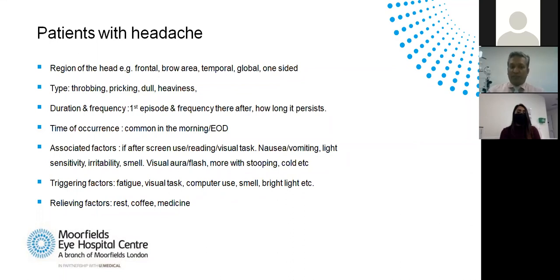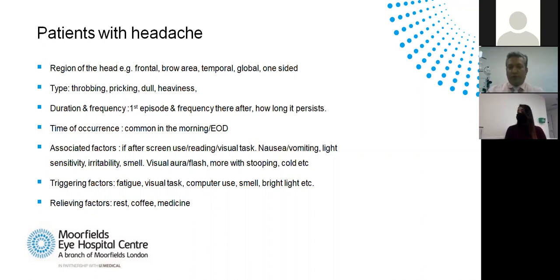Then the frequency. In this one we need to get two things. One is when was the first time it happened, and how frequently it is happening thereafter. The other part is how long it persists. So if, say, someone says the headache came maybe a year back, and since then maybe every 2 months I'm getting the headache, it remains there for a few hours,